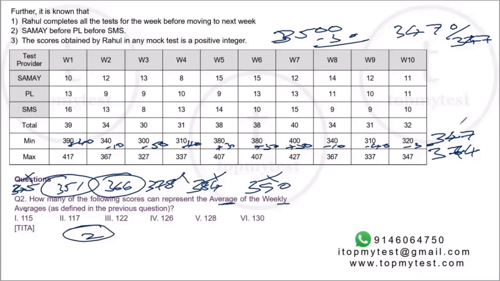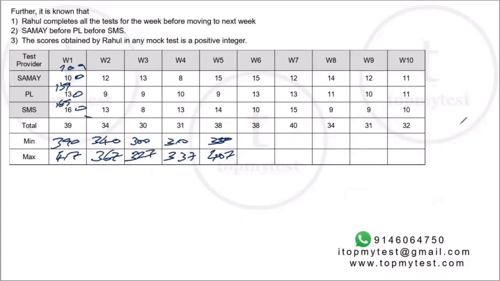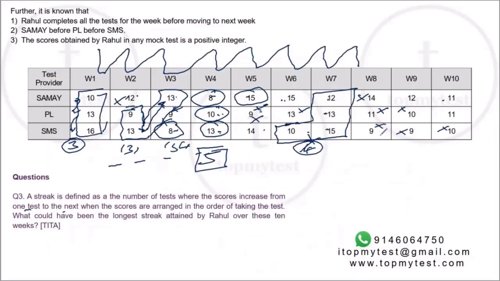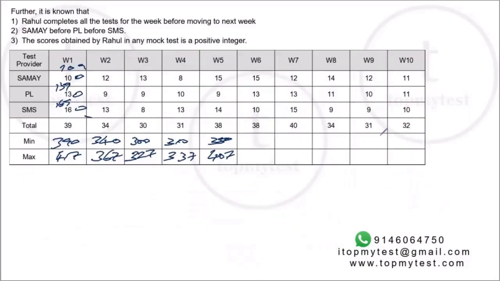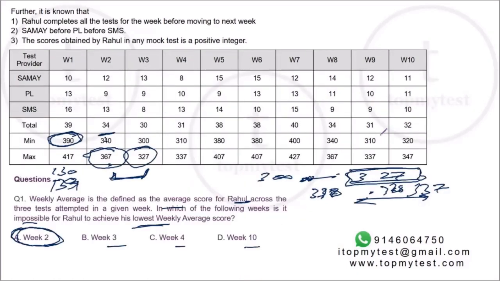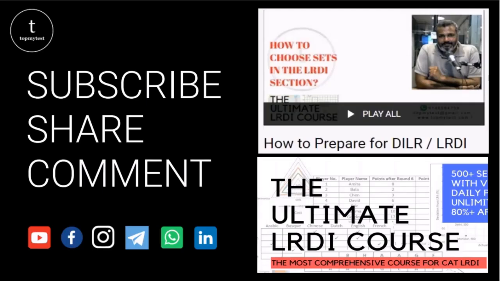This is a pretty brilliant set in the sense that it looks like initially there's going to be a lot of calculation. There is some calculation. For example, we had to calculate the overall averages. But in the first part, there are 2-3 questions which you can solve very quickly without doing a lot of calculations. You need to identify that. And once you do the calculation, you should be able to reuse it and do it as quickly as possible. That completes this session on must-do sets for CAT LRDI preparation.